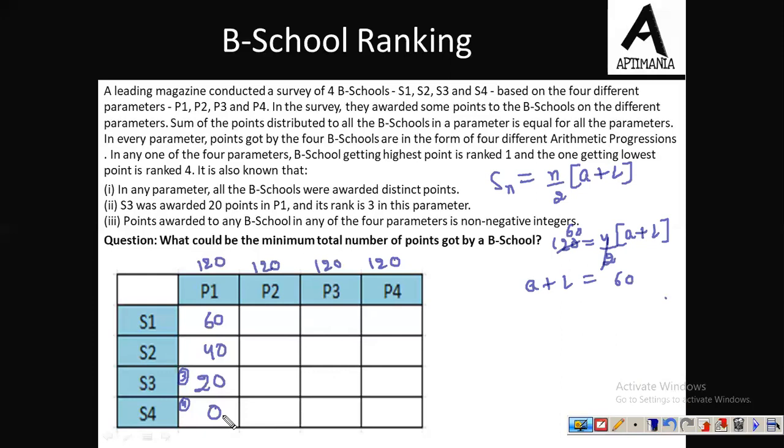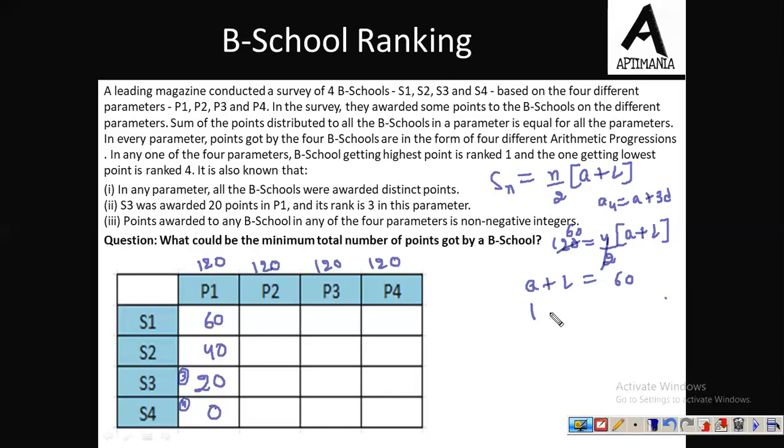Fine. Now for the value of a as 0, we have already taken the value of a as 0. Now let us move to the value of a as 1. And this last term is nothing but the 4th term only. And we know that the value of the 4th term of an AP is a plus 3d.